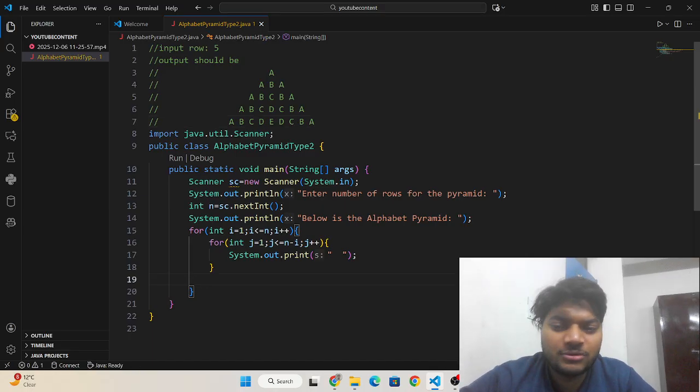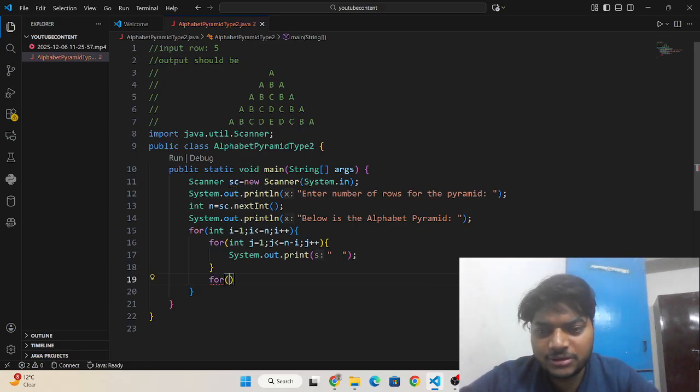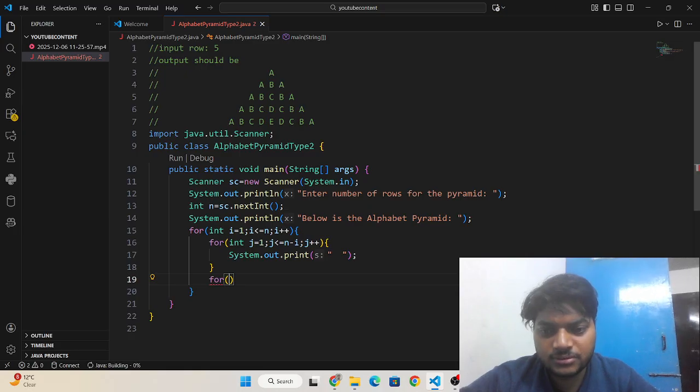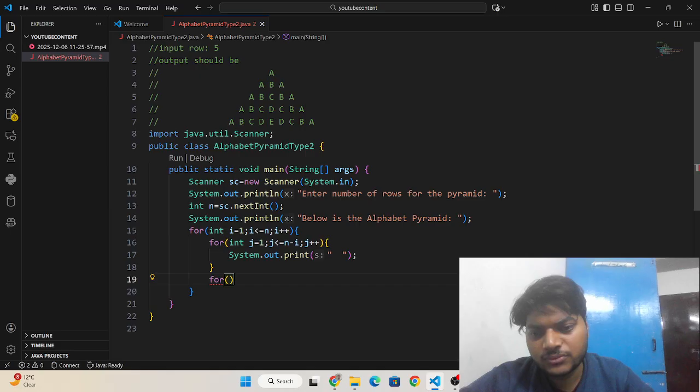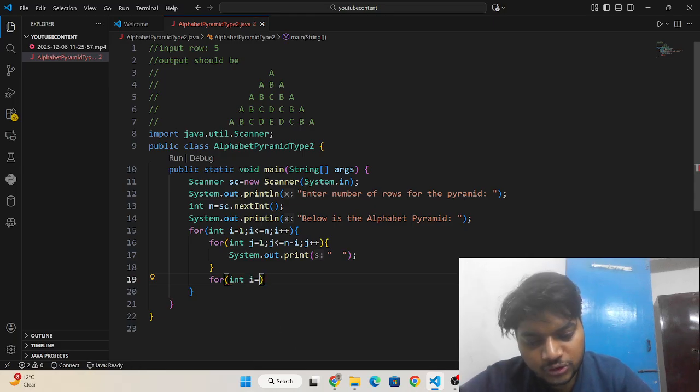As you know, we are using a for loop to print the rows of the pyramid. So I need to write for int i equals 1, i less than or equal to n.